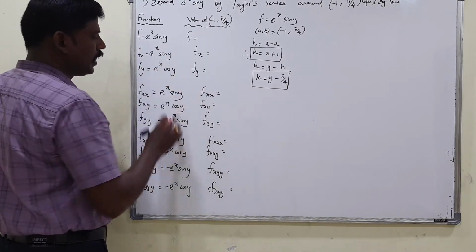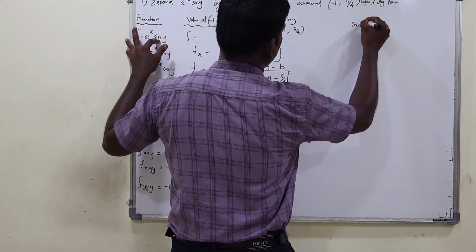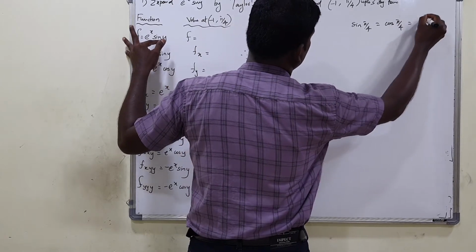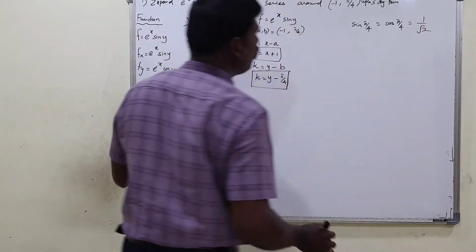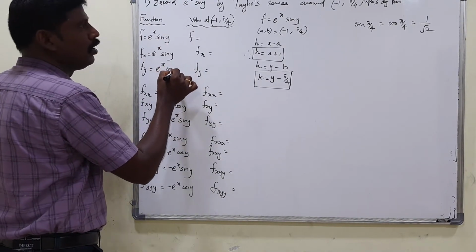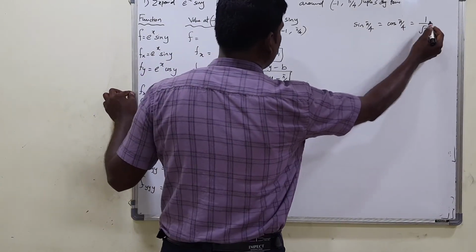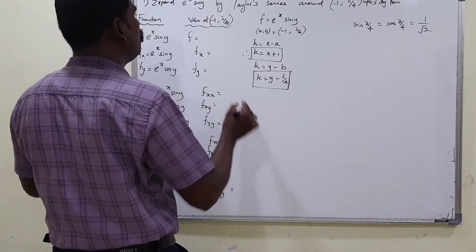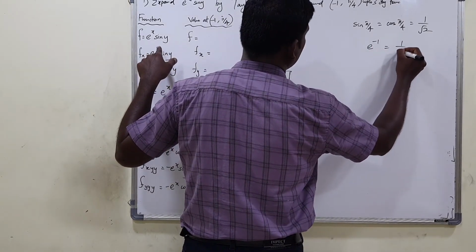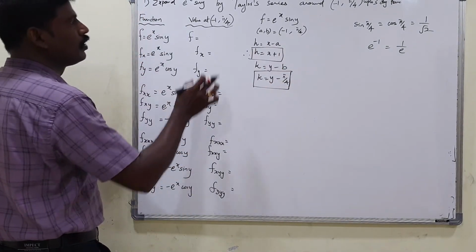Look at that. Sin and cos alone are involved in here. So what is sin pi by 4? Sin pi by 4, that is sin 45, is the same as cos 45. It is the same as 1 by root 2. So wherever you find sin y, it becomes sin pi by 4, cos pi by 4, isn't it? So wherever you find sin pi by 4 and cos pi by 4, you just replace it by 1 by root 2. And e power x, isn't it? e power minus 1, that is equal to what? 1 by e, isn't it? Right? That's all. So just substitute all these two values here, you can get the answer, right?